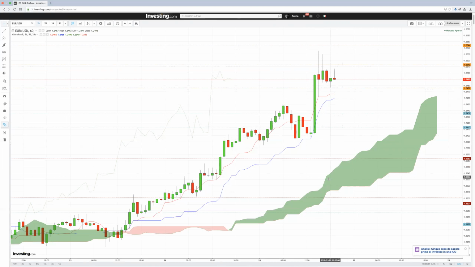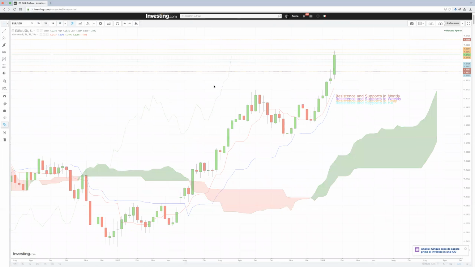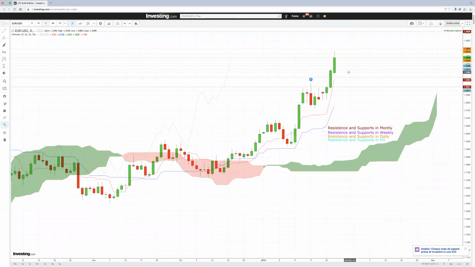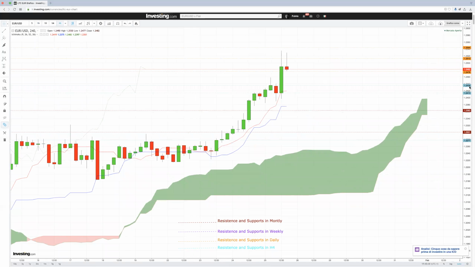Okay, we have a bullish trend here in 4 hour, in daily, and in weekly. In 4 hour, okay, we can put a pending long here at support on 4 hour support at 1.2436,